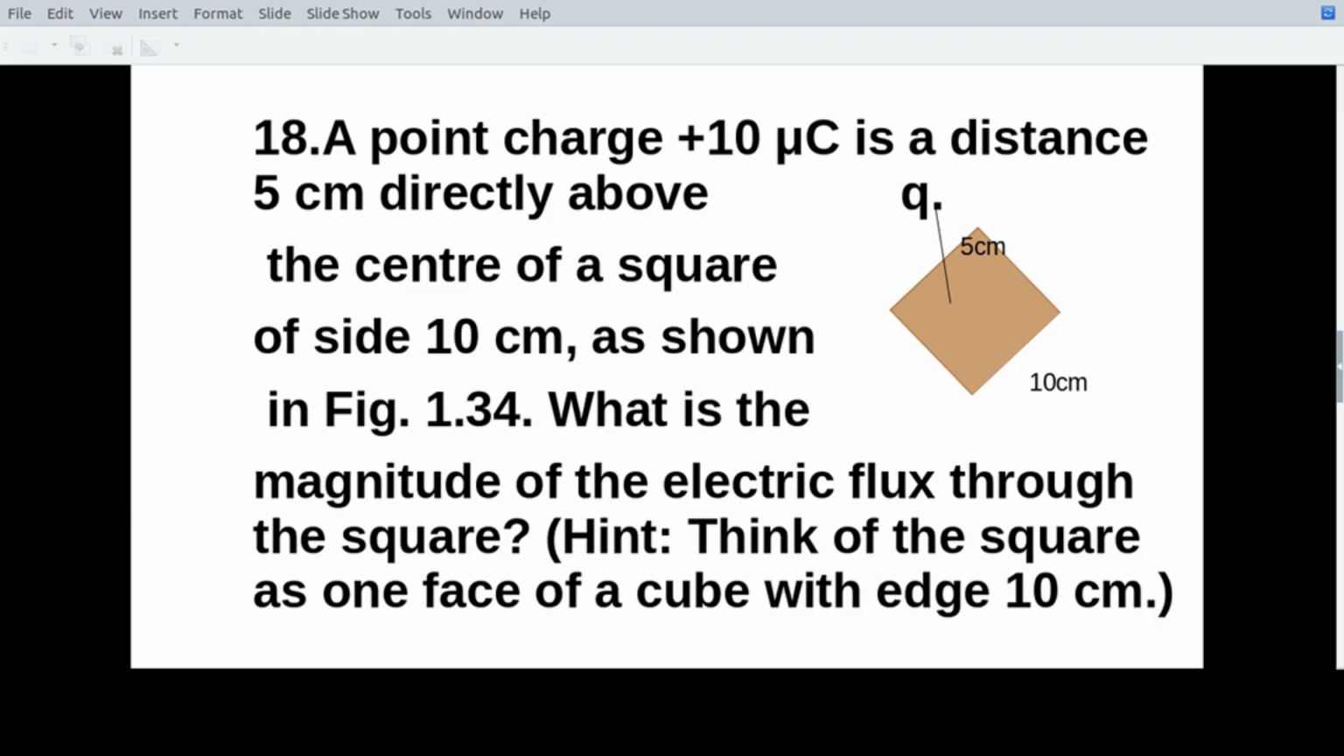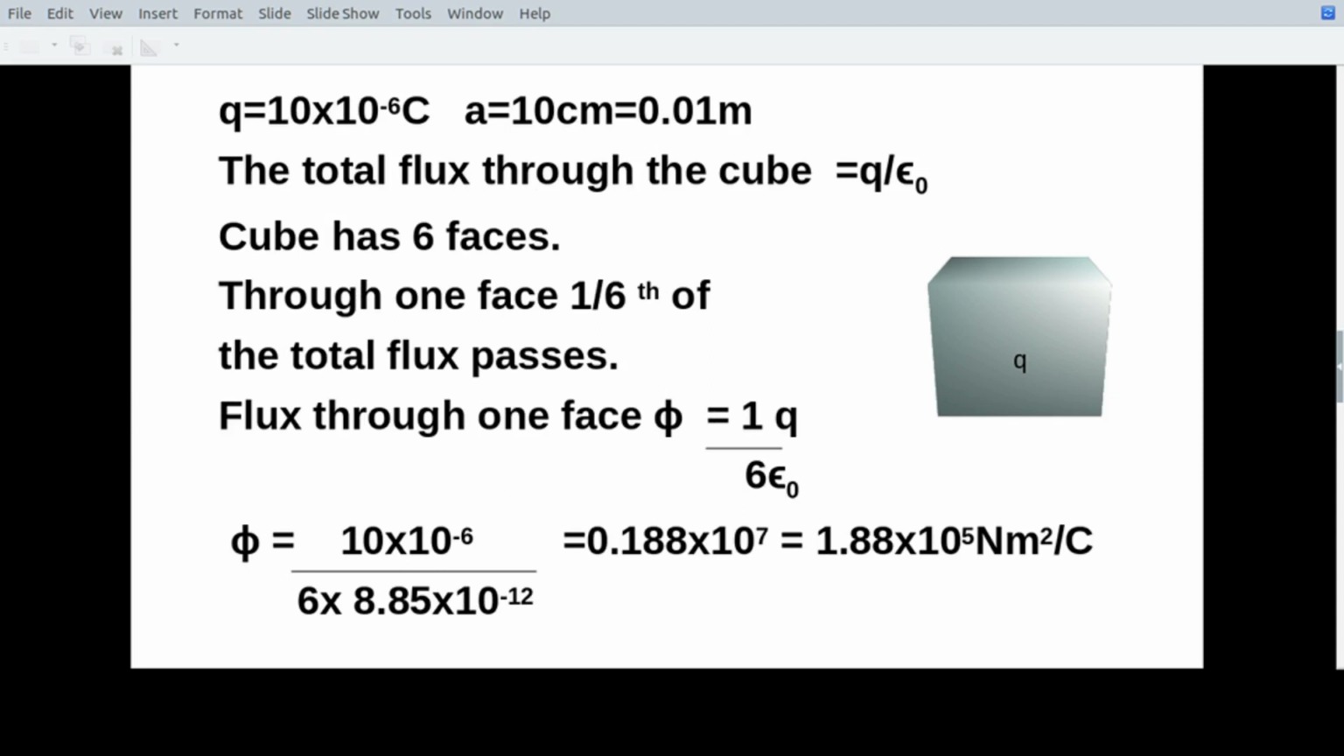What is the flux through the square? And you are asked to imagine that this is one face of the cube. So you can imagine that this charge Q is inside a cube. Okay. Then what is the flux? In the case of any surface which encloses charge Q, that's what Gauss' law says, right? If a surface encloses a charge Q, the total flux is Q by epsilon 0. Now the surface is a cubical one, and we know